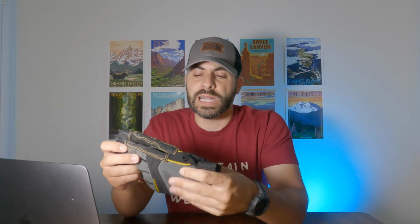They definitely have lighter weight options in these. These kind of weigh, I think, closer to like 3 ounces. So they have options that are like 2 ounces and under to kind of insulate you and keep you a little bit warmer by all the top name brands. But I particularly like these because they serve double duty. And the second duty that they serve,